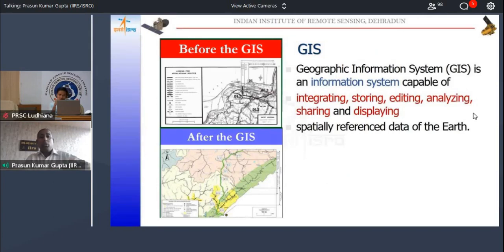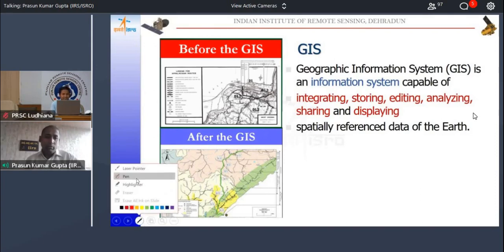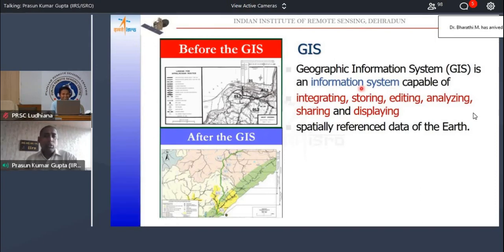Before we go directly into QGIS, what is QGIS? I know there has been a class on GIS, so I wanted to make a complete chain from the beginning. GIS is basically an information system. You could call it a software system.